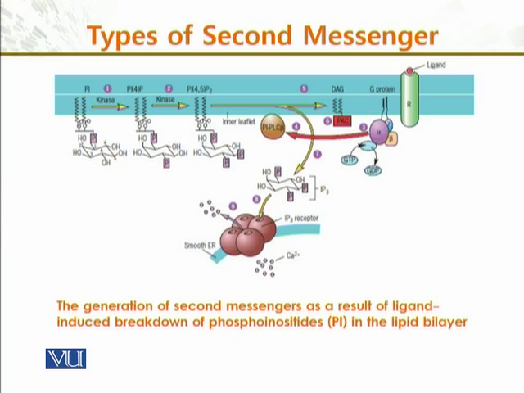phosphoinositide PI in the lipid layer of the membrane. It has been demonstrated how in the channel the lipids are being converted to different messengers to make the change in the cell to carry out the signal